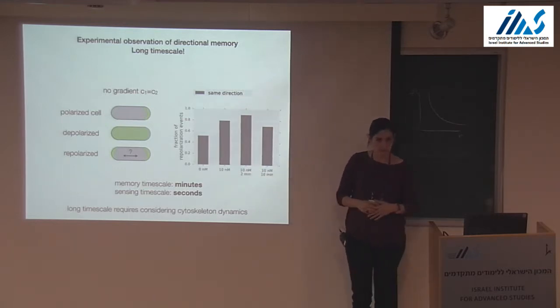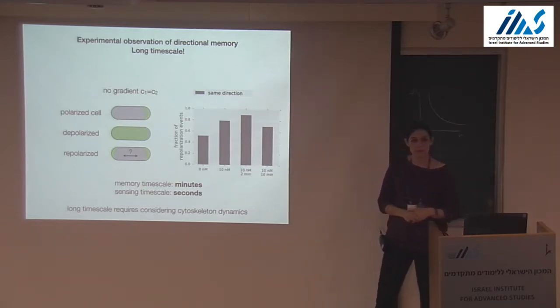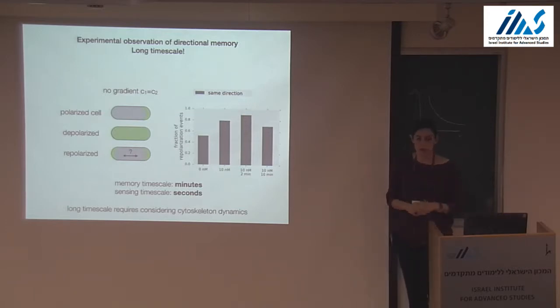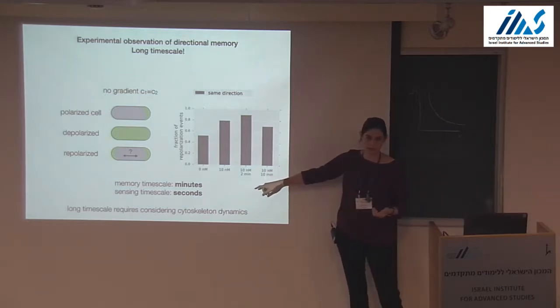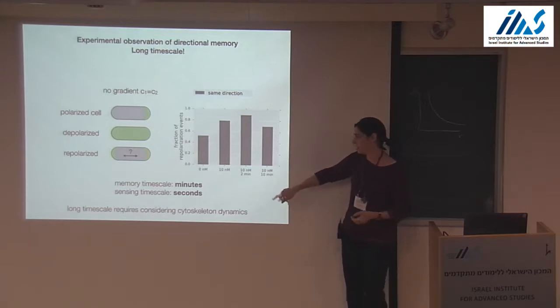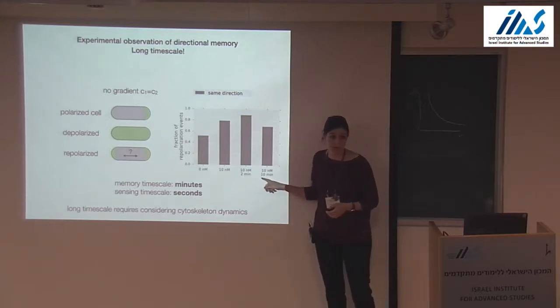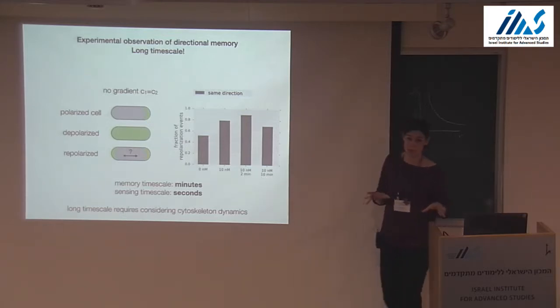Do you have an optimal time for memory? Like, do you have an increase of the memory and then decrease over time? Or? Well, the shorter the time, the higher the memory. And since these experiments are complicated, we only have here 2 time points. Here, this is just to probe the time scale in general.